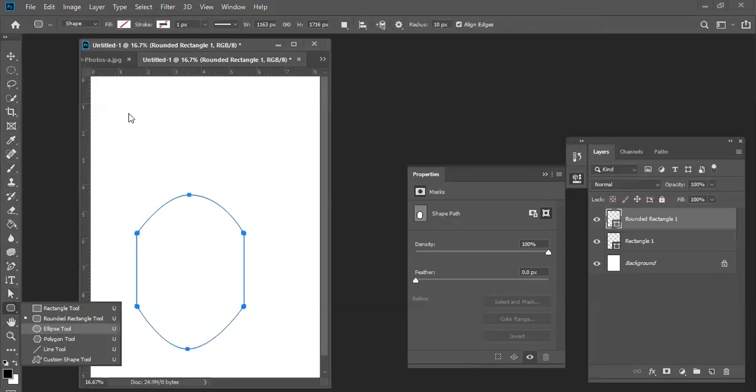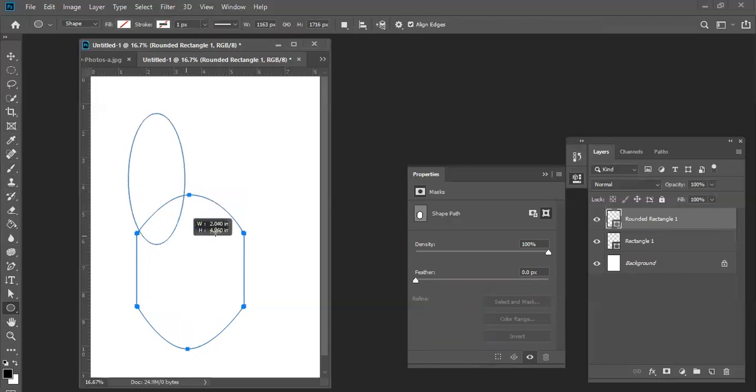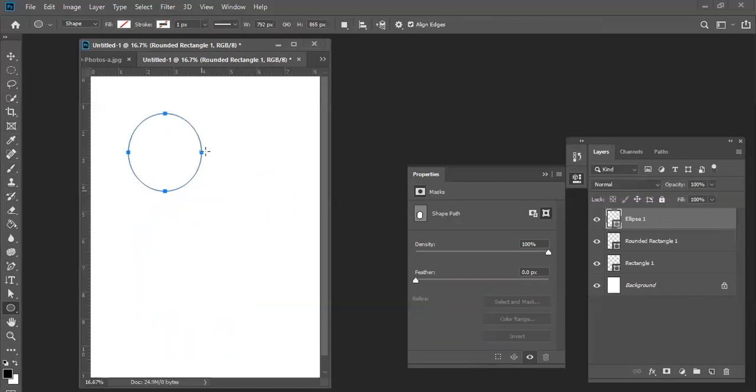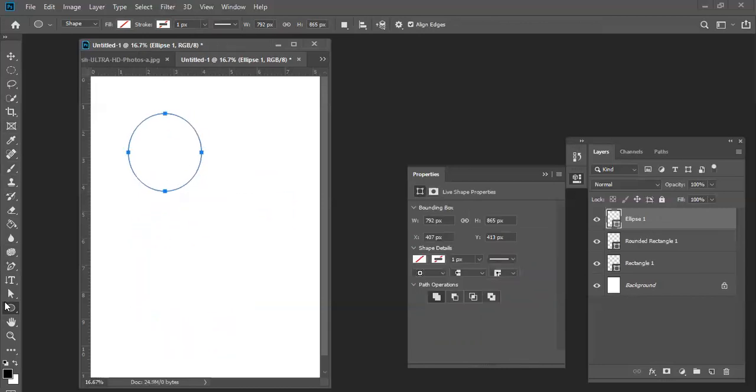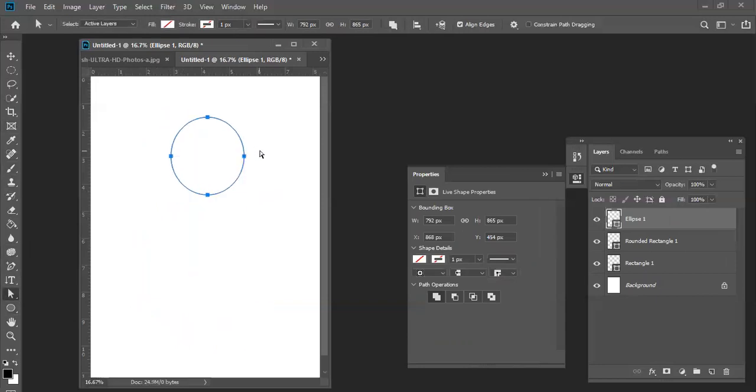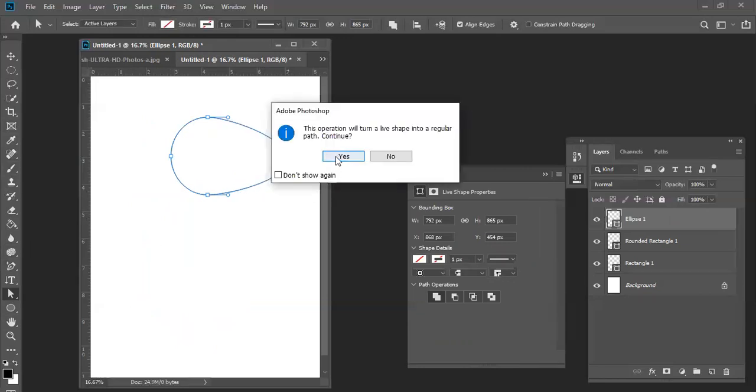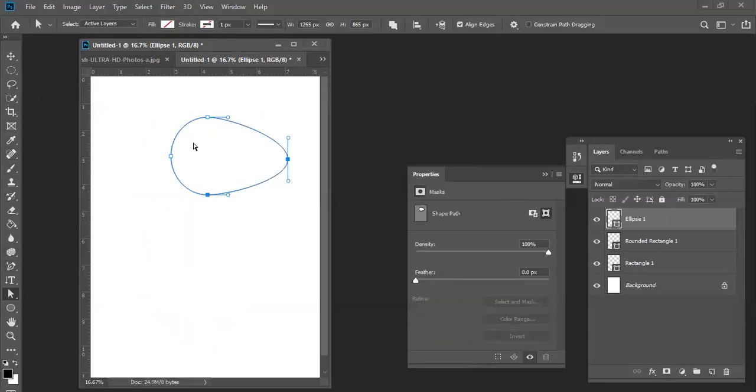The elliptical tool is also the same, you can just try this one and you will get an elliptical shape. If you want to add any anchor point, there is an option to add and adjust like this. There are a lot of options available. Okay, after finishing this kind of designing, you are creating shapes like this, like this.